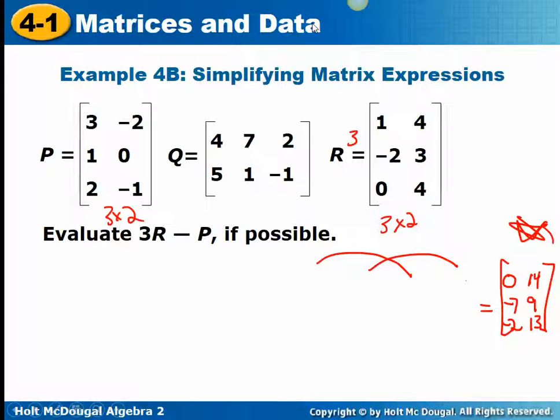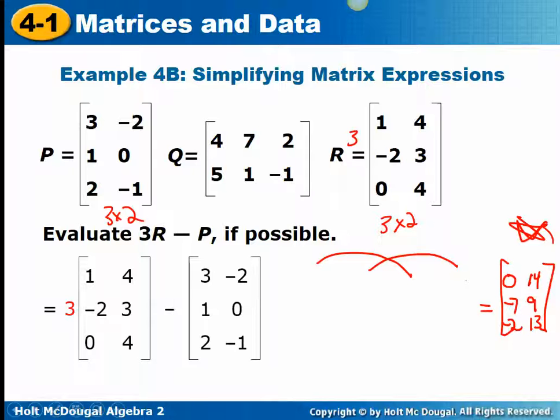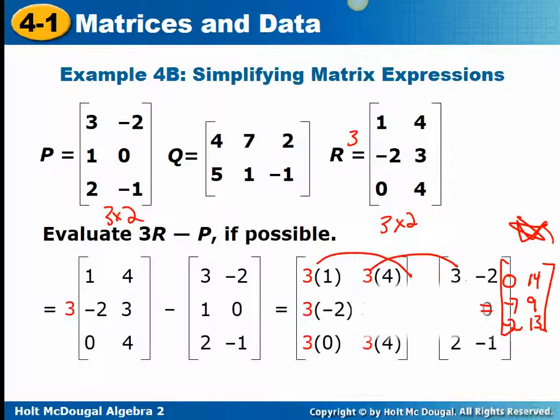Okay, here we have 3r minus p. So here's r. It's a 3 by 2, and I'm going to multiply it by 3. That's not going to change the dimensions. P is also a 3 by 2, so I should be able to complete this then. Let's check. If I multiply 3 times every entry,